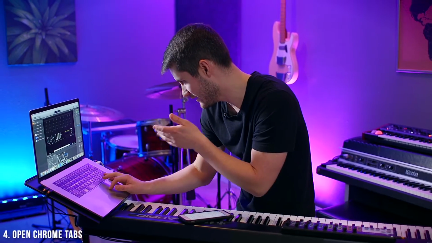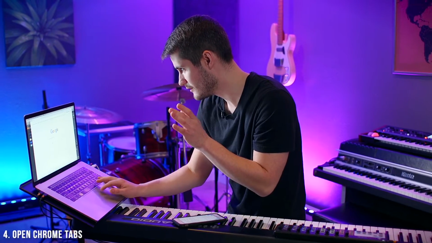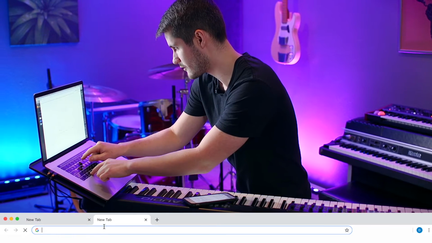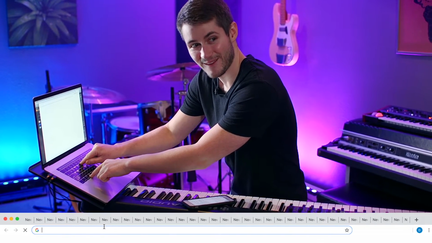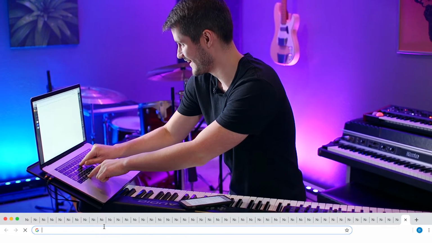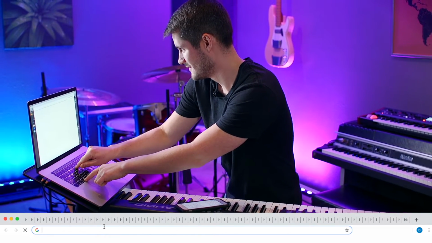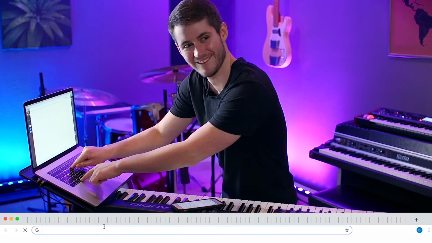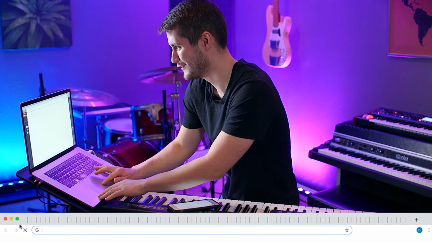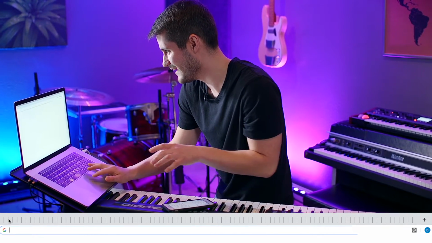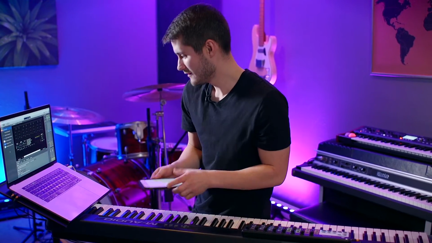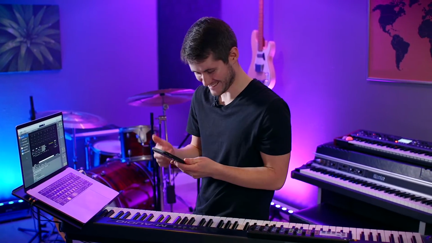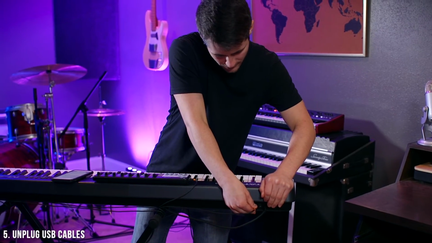Let's open just a ton of Google Chrome tabs. Hopefully we don't crash the screen recorder. This is lots of RAM going down the drain. That's probably enough. All right, minimize that. Oh yeah, okay. His fan turned on, so that's a good sign. USB cable's just slightly out, so